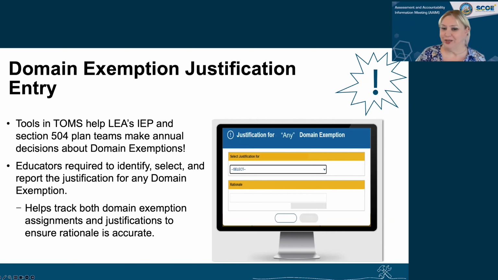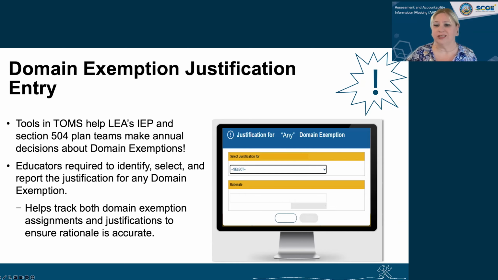By collecting this information in TOMS, LEAs can better track domain exemption assignments and justifications, while ensuring that IEP teams and Section 504 plan teams are using allowable reasons or rationales for domain exemptions.